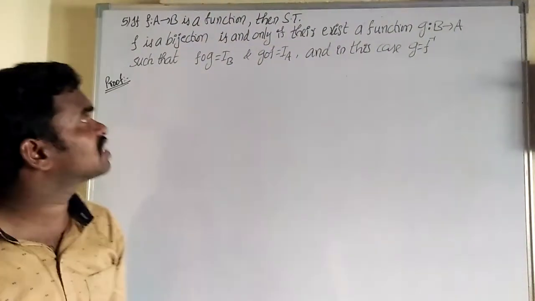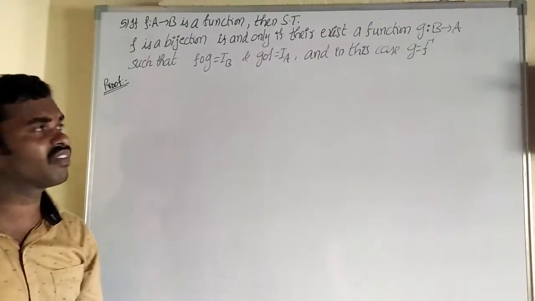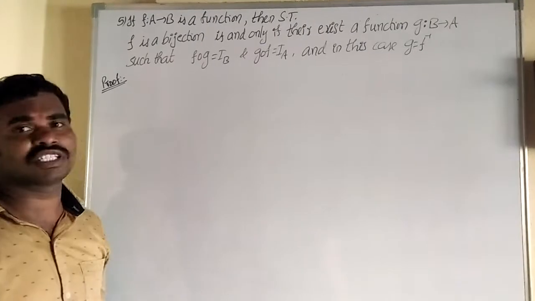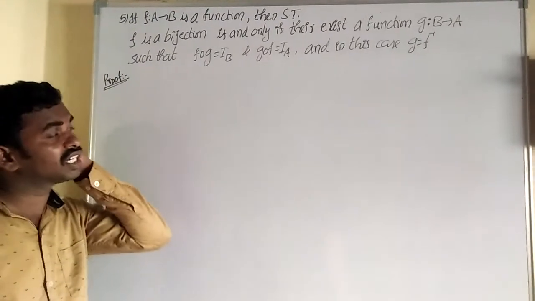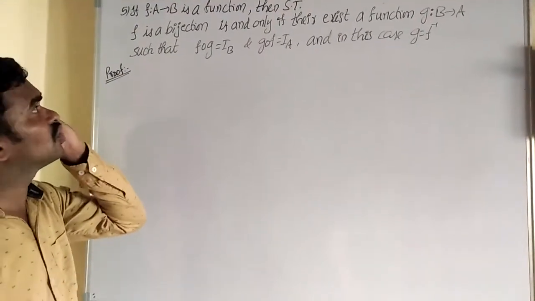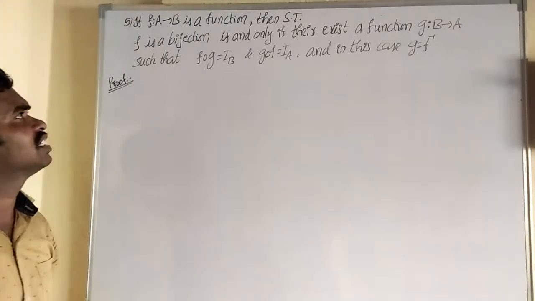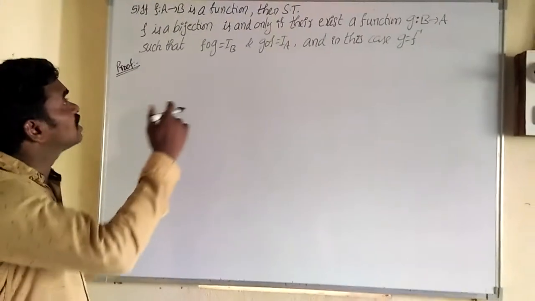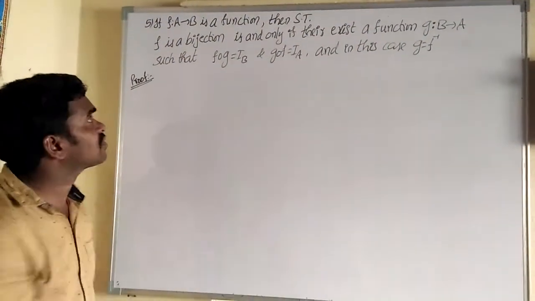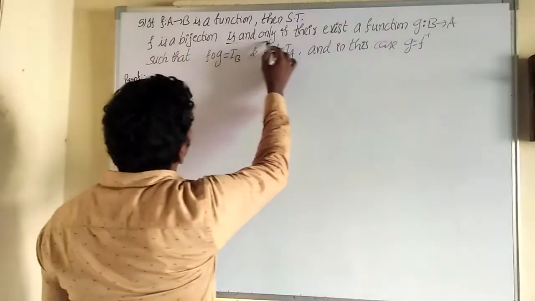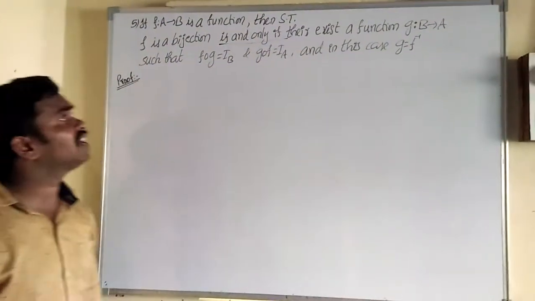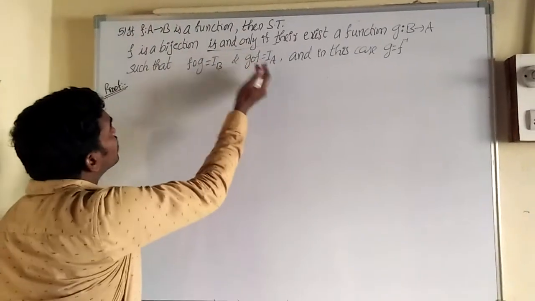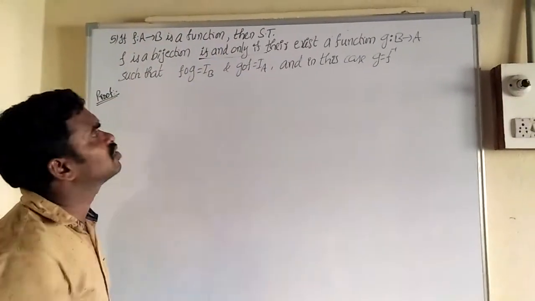Among these 5 theorems, the first 4 are the most important. This one has been asked only a few times, so it is a little bit difficult compared with the remaining 4 questions. It is divided into 2 questions. Here, the if and only if condition is given. If and only if means from left to right and right to left. Both questions we have to simplify.